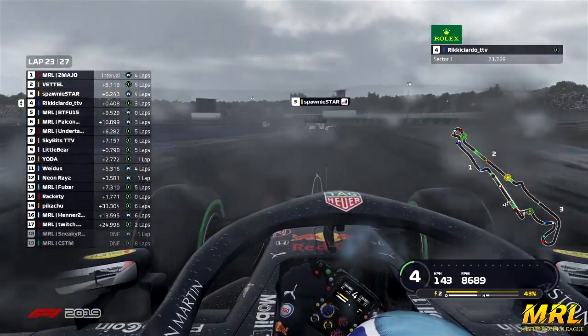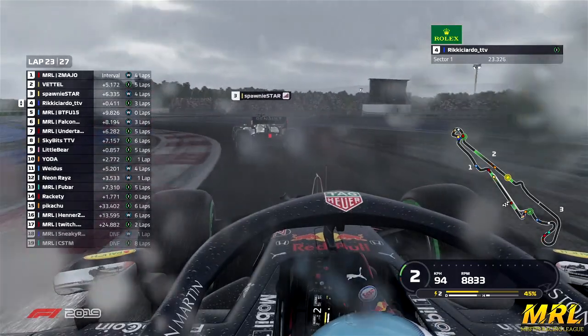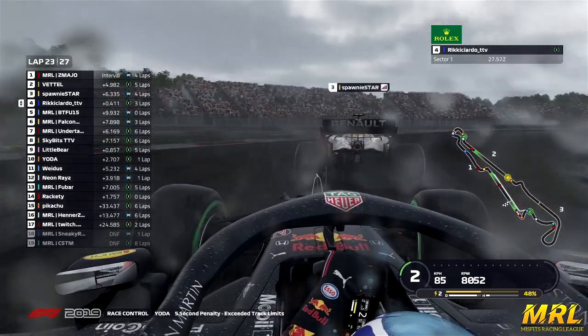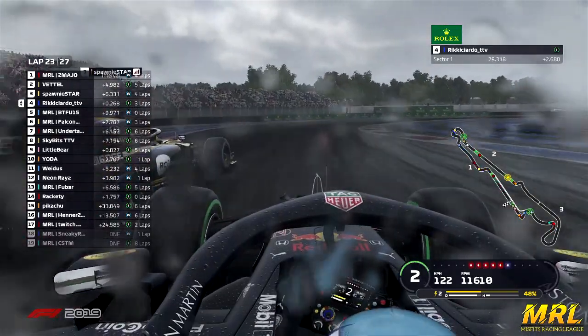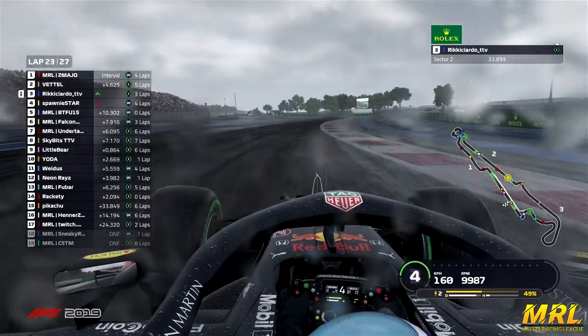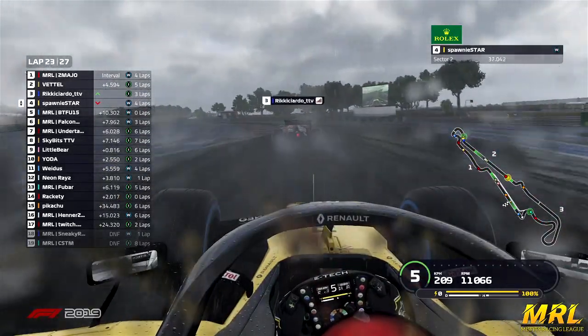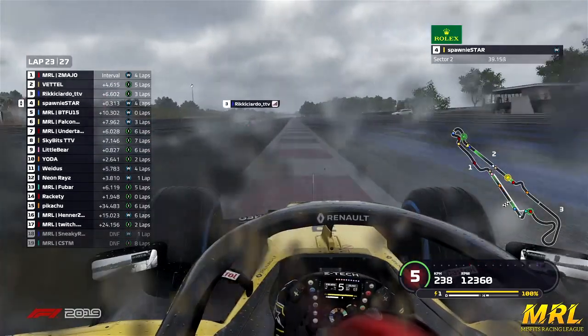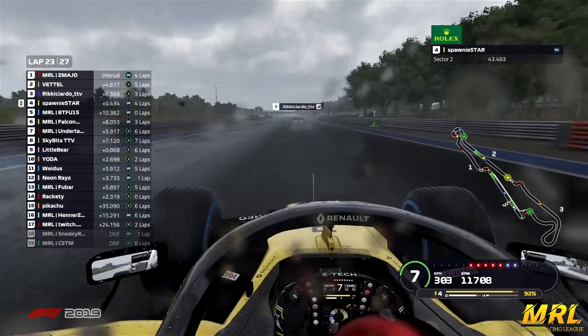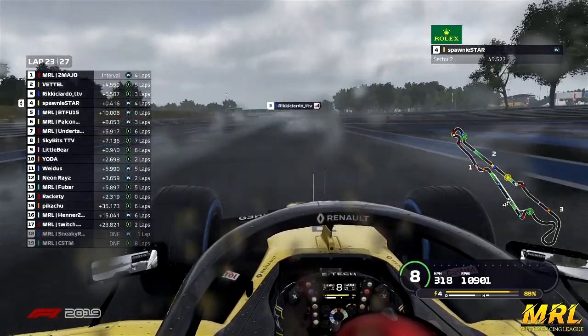Ricky Ciardo on the intermediate tires currently. Half a second separating him and the third position Renault of Spawny Star. Looks like he might get a run going through the sector 2 straight here. He's going very tight to the inside of that Renault. Look at the move from Ricky Ciardo in Red Bull. Very, very nicely done. As you can see, Spawny Star on those wet compound tires is falling very far behind